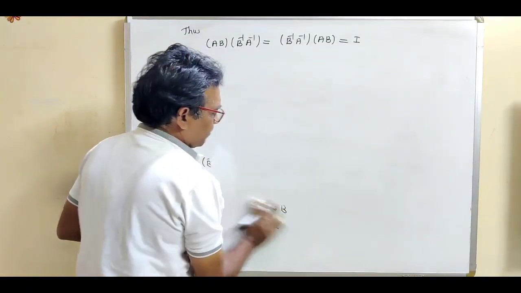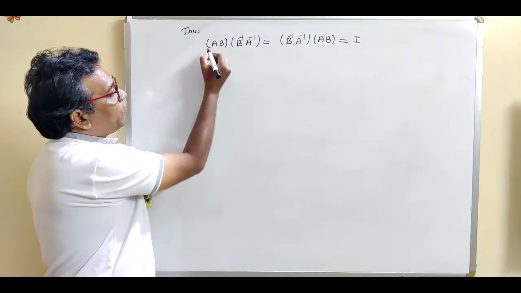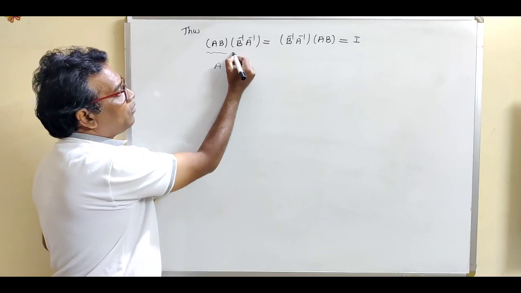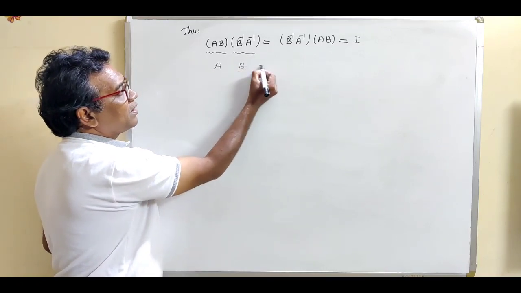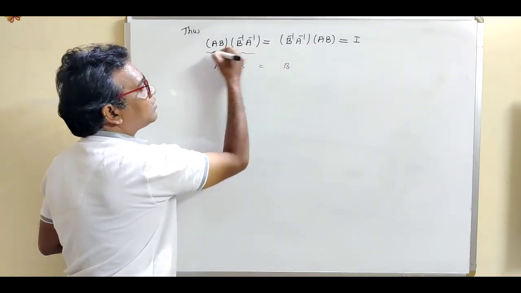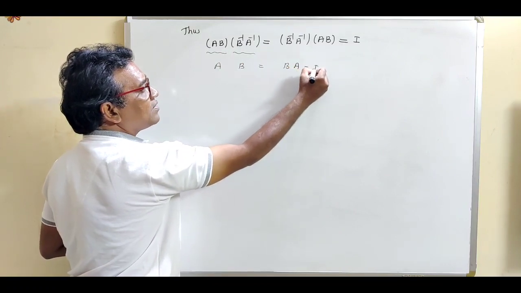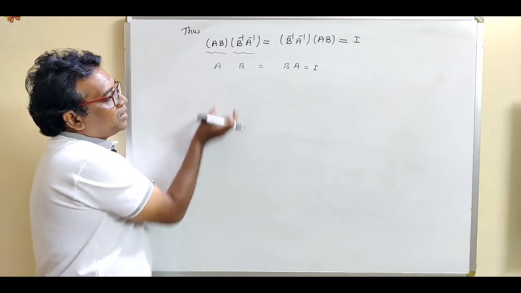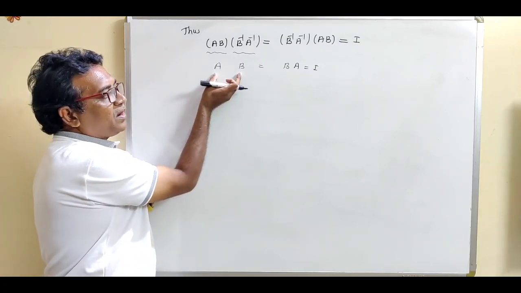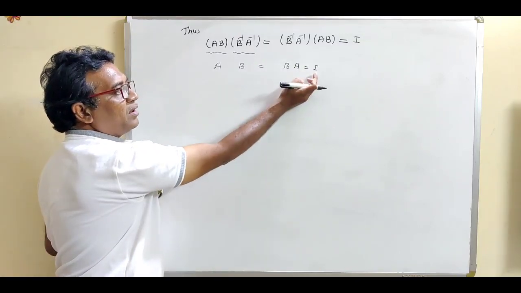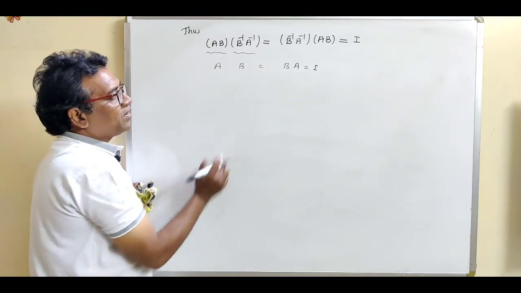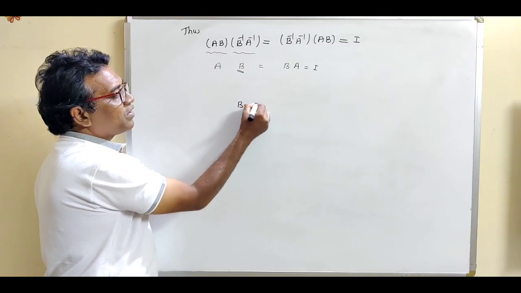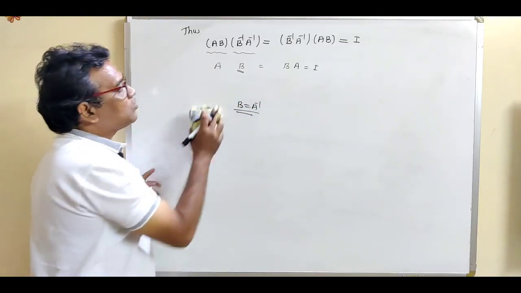Now see what is this step. If we denote the first matrix by A, and this matrix by B, this is again B, and this is the first matrix which is A, and this is same as the unit matrix R. Now see what is this condition. The product of A into B is same as B into A, equal to I. So according to the definition of inverse, this second element B is called the inverse of first element. It is exactly the definition of inverse.